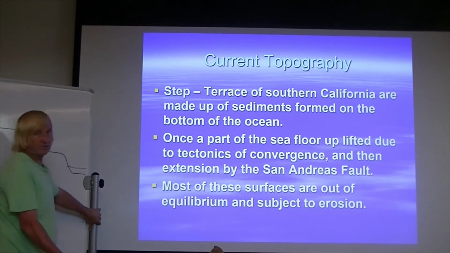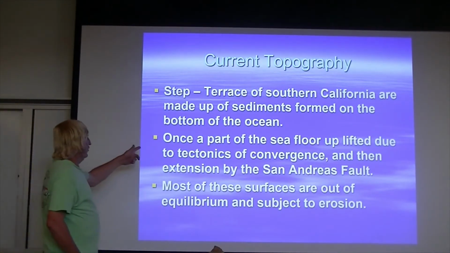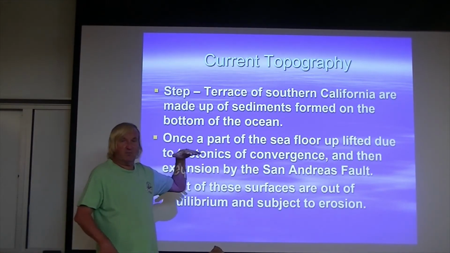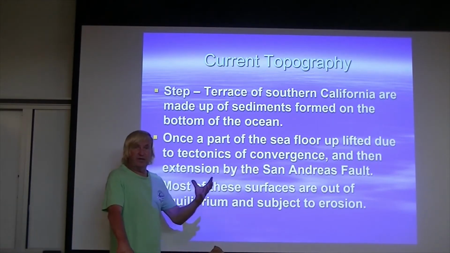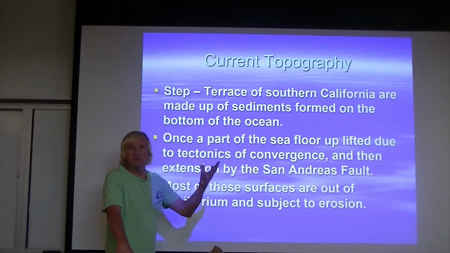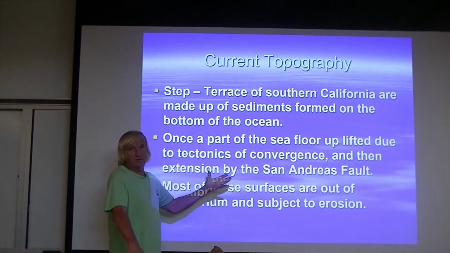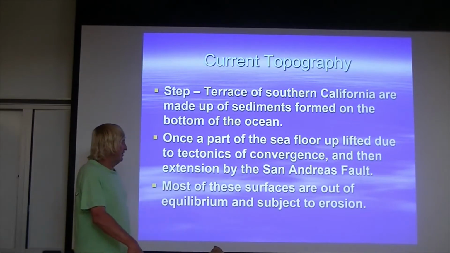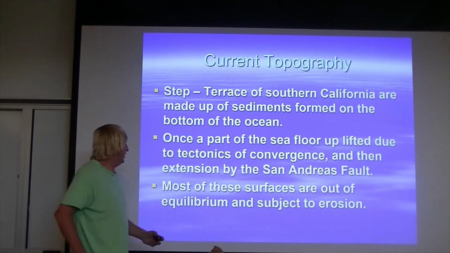Well, basically what's occurred here is that the continent has uplifted due to tectonics. So once a part of the seafloor uplifted due to tectonics, this is because that seafloor plate subducting was like a conveyor belt. This plate is meeting North America, it's bringing these microcontinents with it, it's scraping off seafloor sediments, and everything is pushed on top of one another, and the result is that the entire western part of the North American continent uplifts. And as it uplifts, these old terraces, these old seafloor decks, are now well above sea level. So we kind of have this little step-by-step